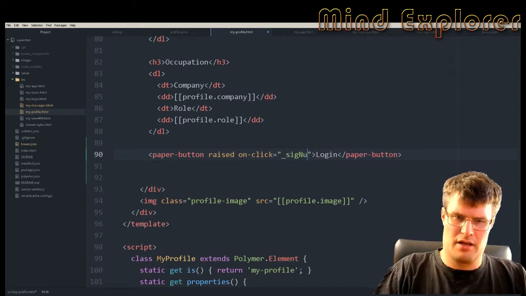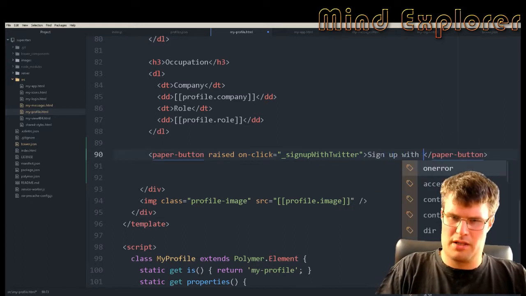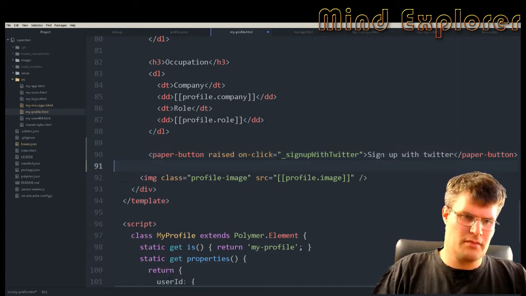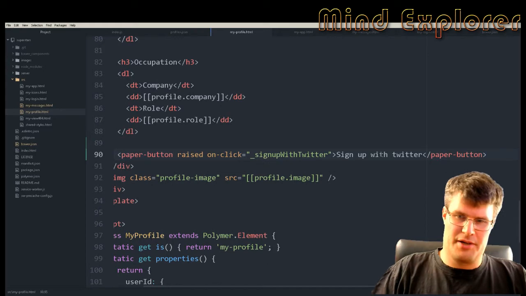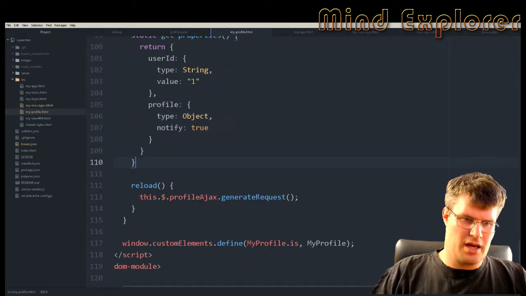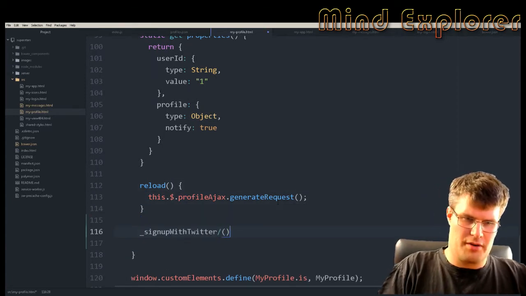And we can say sign up with Twitter on that button as well. Maybe we can find a better naming for this later on, but down in my little component here, I will create this